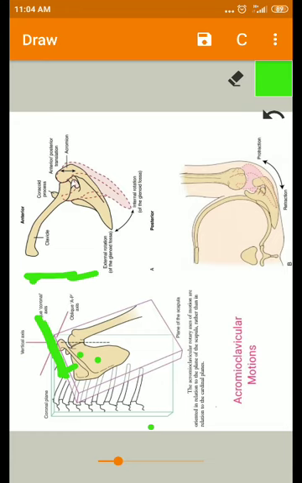Whereas internal and external rotation takes place in the protraction and retraction of the clavicle. Protraction and retraction of the clavicle causes internal and external rotation at the acromioclavicular joint. Okay, next, another movement,